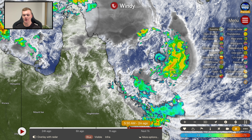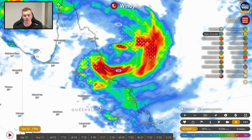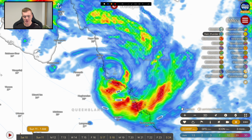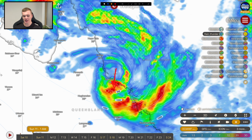And that's a very important aspect to understand: even though this centre of low pressure is very broad, it means that those impacts are going to be far-reaching, not just concentrated. So as this system pulls into the North Queensland coastline, we're expecting these impacts to be very far-reaching, and that really emphasises the point that I've been saying for the last couple of days. The focus is not on where the storm makes landfall. It's going to be a few hundred k's towards the north and many hundreds of kilometres down towards the southeast, which in this case, if it makes landfall around the Townsville area later tonight into early tomorrow morning,